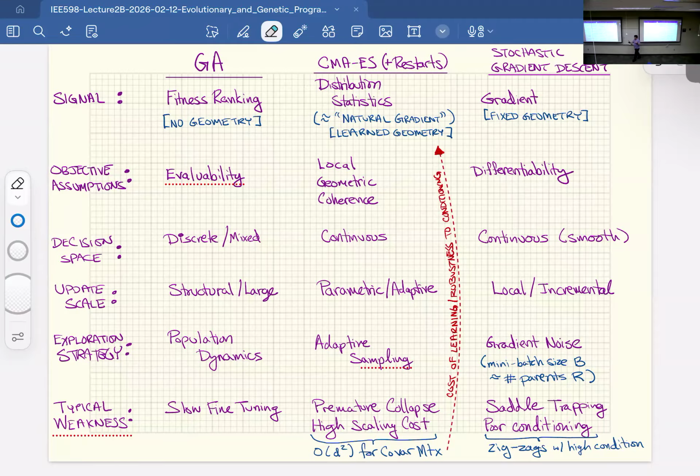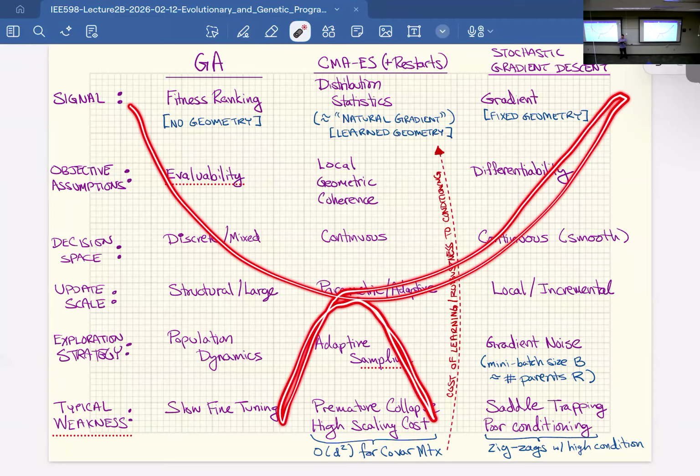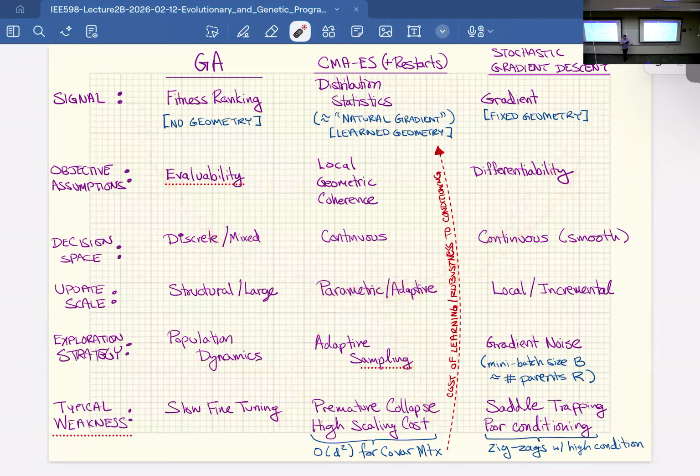And then with stochastic gradient descent, you get saddle trapping. You can have saddle points where in one dimension it might be reaching a minimum, but in another dimension it's a maximum. This can be very confusing to a gradient follower trying to figure out the right gradient, where it's supposed to go. And then it's very sensitive to poor conditioning. If you remember back to your linear algebra, the condition of a matrix is the ratio of the highest eigenvalue to the lowest eigenvalue. Even though it doesn't use the Hessian, we use the Hessian, the second derivative, to talk about this.